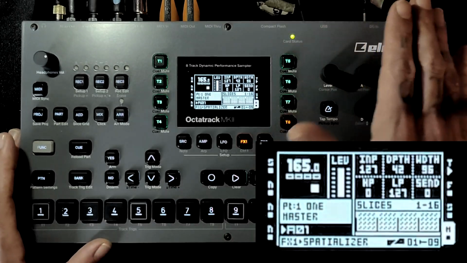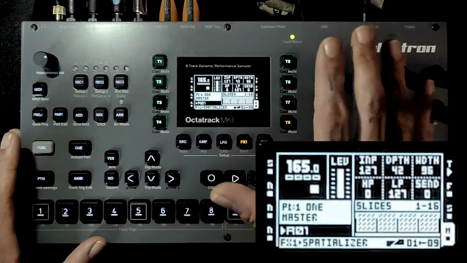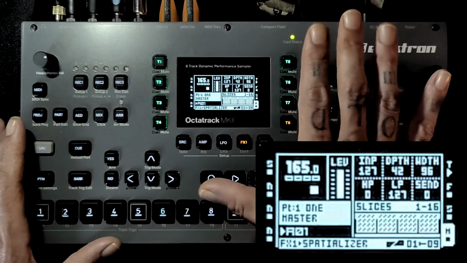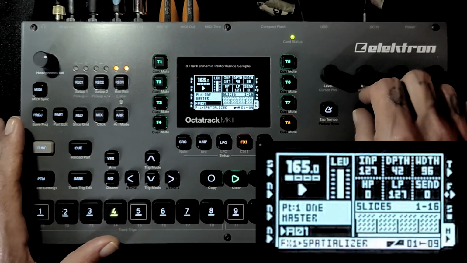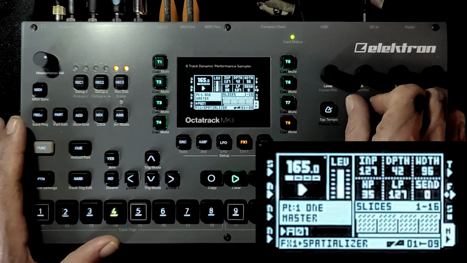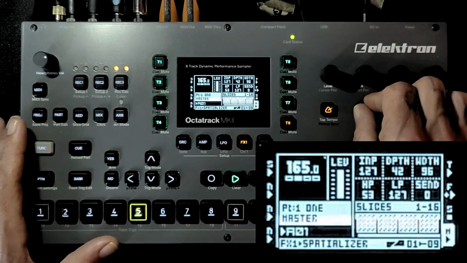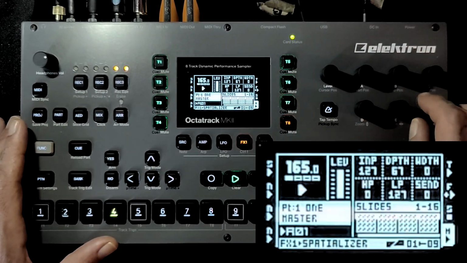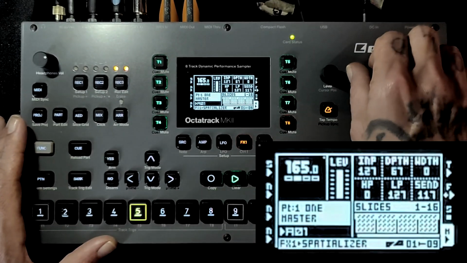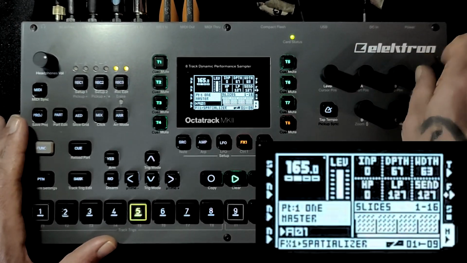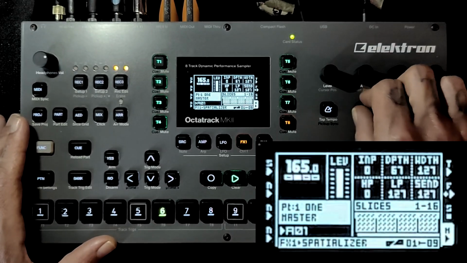this is a processor based on delays, and of course this can bring us a little bit of problems with phase. How can we avoid this kind of problem? It's pretty easy. We have a shelf here, so now the spatializer and the delay line isn't affecting the low part of the frequencies. We can, of course, hear the effect by using the send, and with this we are hearing only the effect. So we can precisely work, hear the delay, you can clearly hear the delay lines, of course, and now we